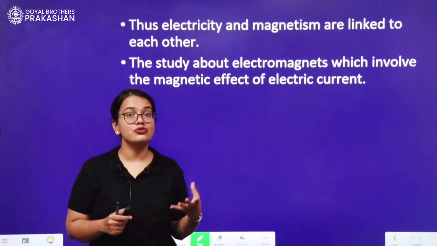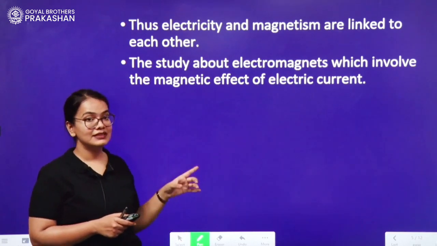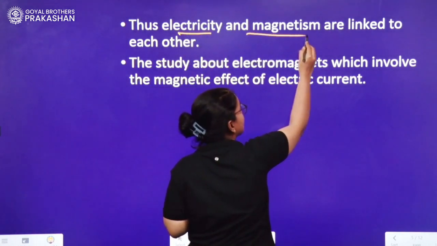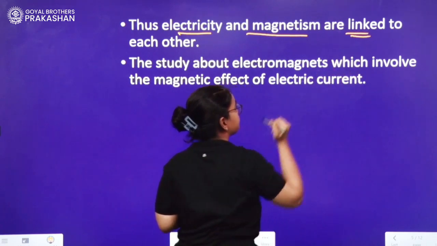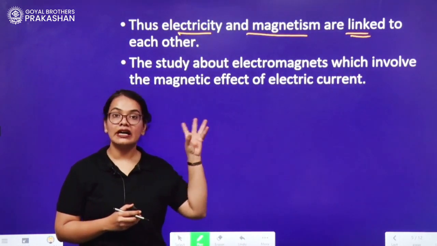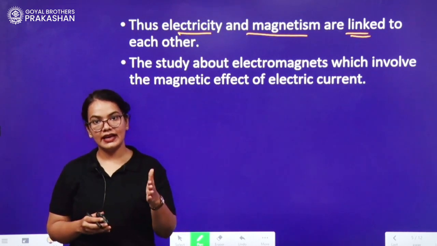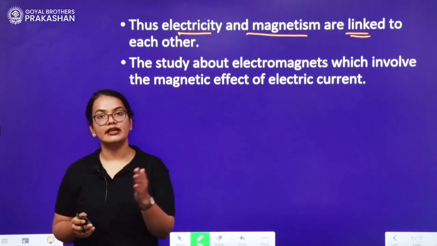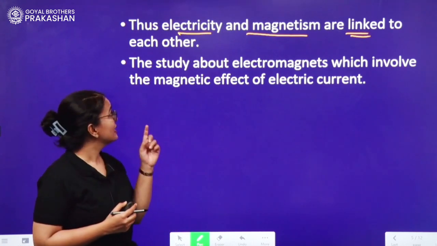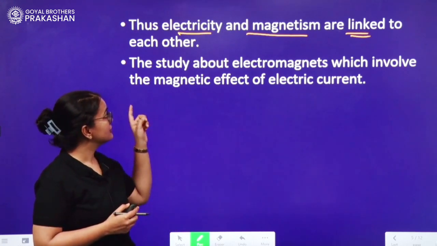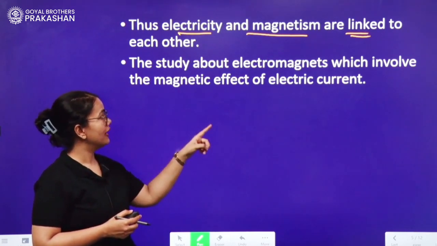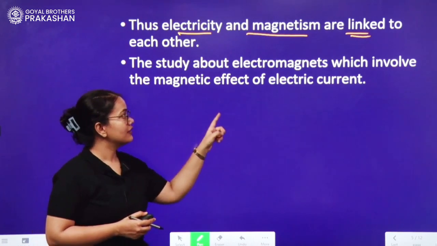It gives rise to a different property. But from this experiment, we can conclude that electricity and magnetism are linked to each other. That means both are connected. If electricity is there, that means there is a possibility of getting a magnetic effect or magnetism. Thus, in this chapter, we will study about electromagnets, which involves the magnetic effect of